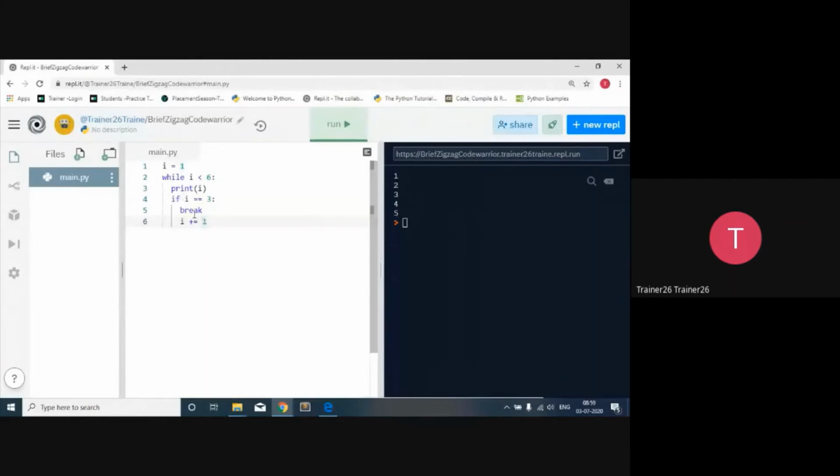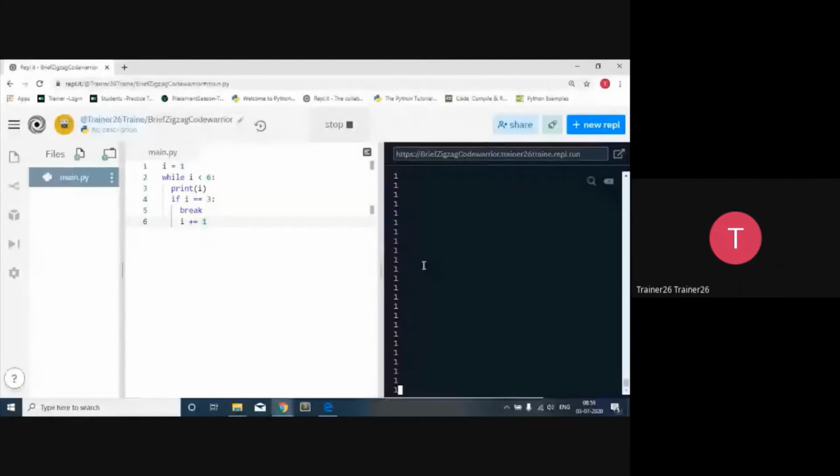So both, there are 2 statements over here, and you can see that the infinite loop is going to happen. So I have to stop it, and then after that, I have to take back that indentation. So now there is only one statement inside the if, and then after that it is going to break, and it's going to continue with the next loop. So it will skip the 3 right now. So sorry, it will break the loop over here, not skip, because when we write continue, it will continue. So in a break, it will break the loop over here, so it will stop at the 3.